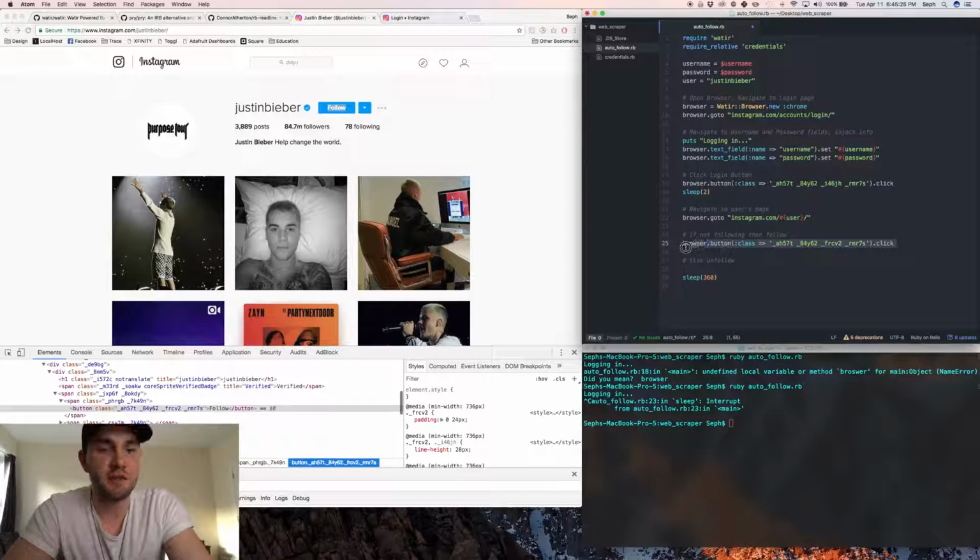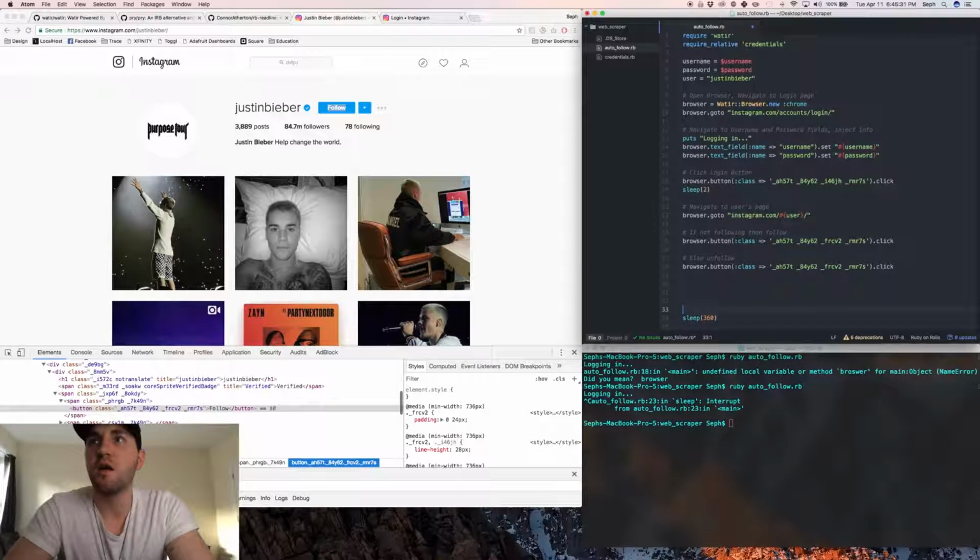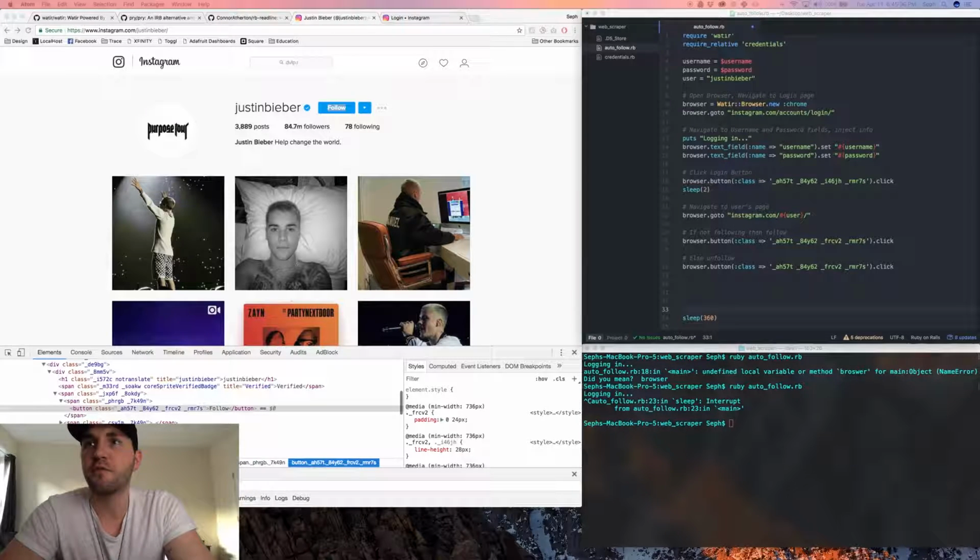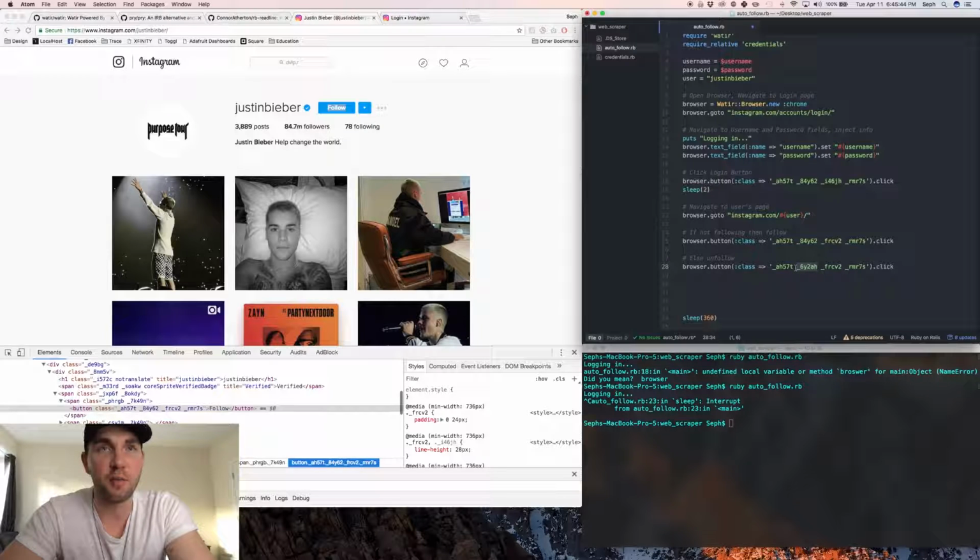It's a different set of classes. I'm gonna paste that in, and I'm going to pull those new classes from my notes that I have, and boom. So the only difference is actually the second class here, which is the actual identifier. But like I told you, using all four gets things done a little bit faster. So we're gonna say